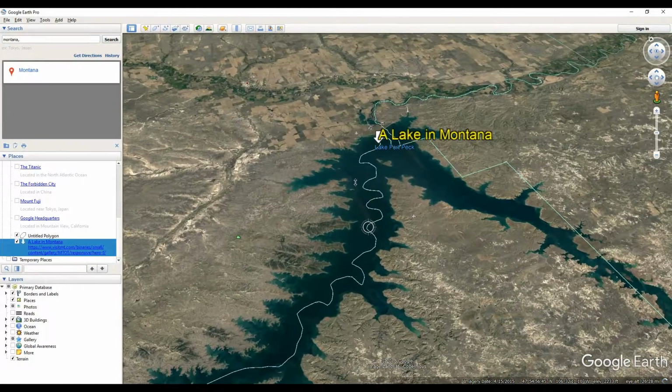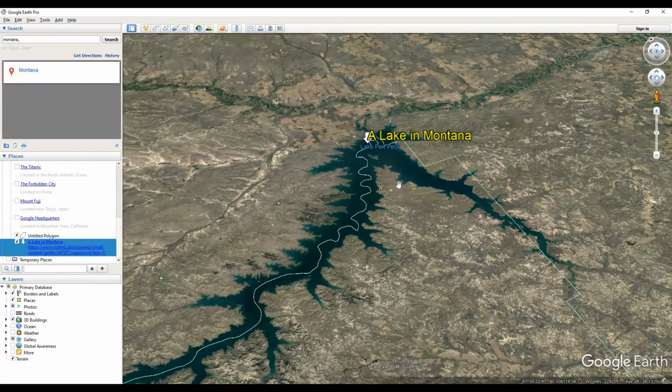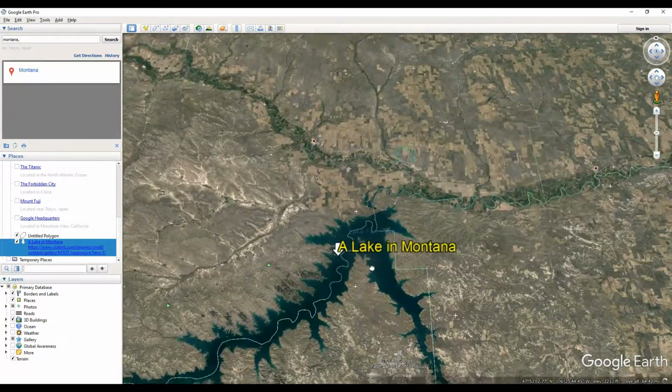But that's the basics of setting a placemark, or what's commonly known as dropping a point inside of